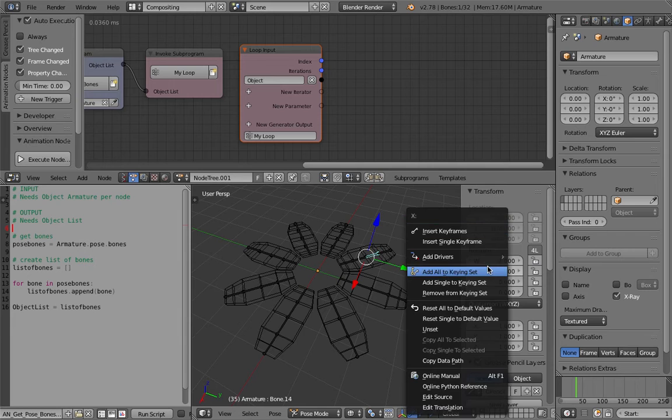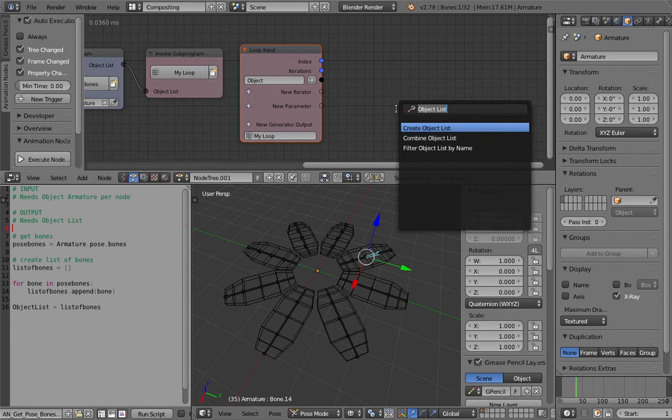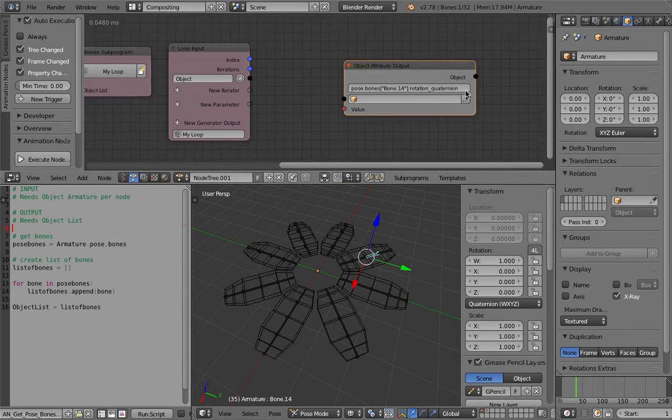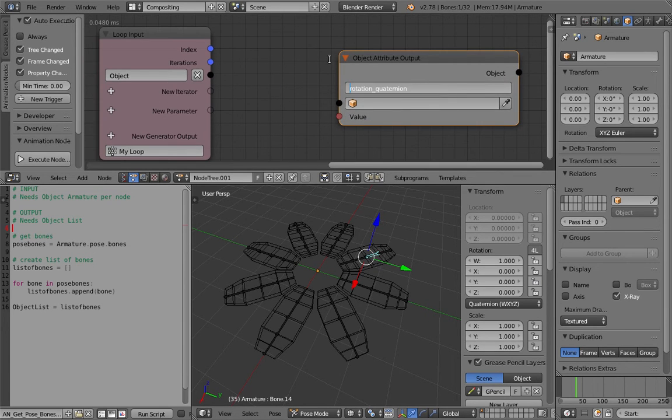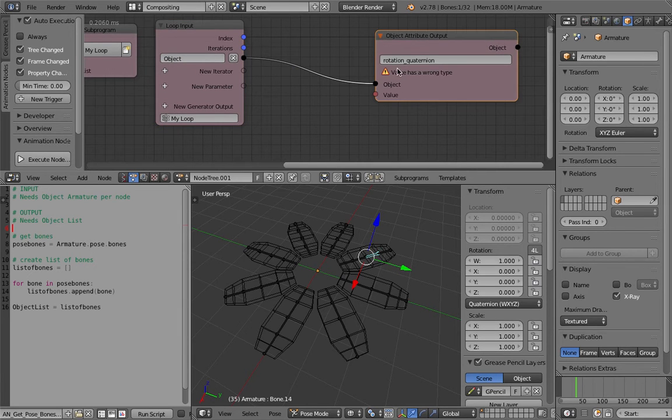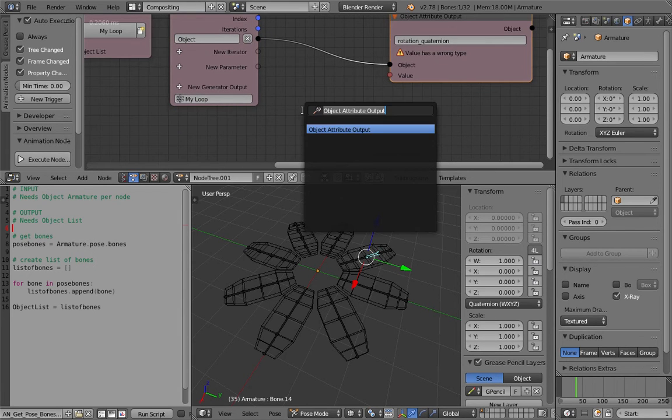Grab the rotations attribute, copy data path, and object transform object attribute output. Paste it there. We only need the rotation quaternion. Plug in the object there, and value has wrong type. That's a good sign. We just need quaternion